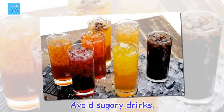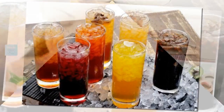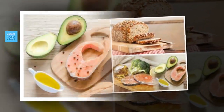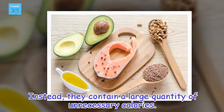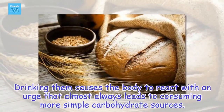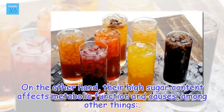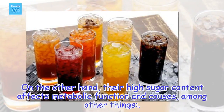Avoid sugary drinks. The sugary juices and soft drinks on the market don't offer any significant nutritional value. Instead, they contain a large quantity of unnecessary calories. Drinking them causes the body to react with an urge that almost always leads to consuming more simple carbohydrate sources. On the other hand, their high sugar content affects metabolic function and causes, among other things,